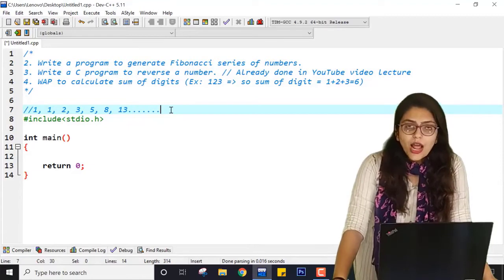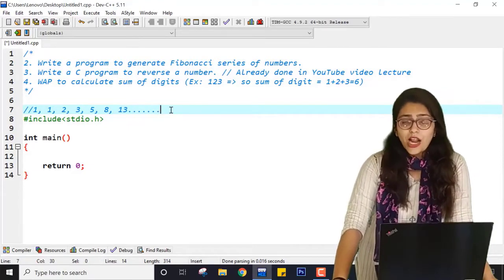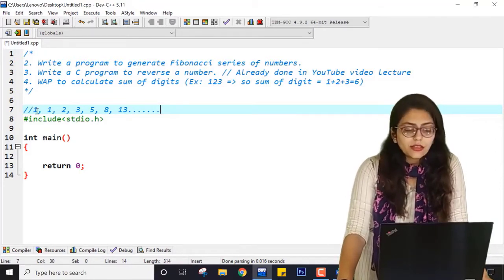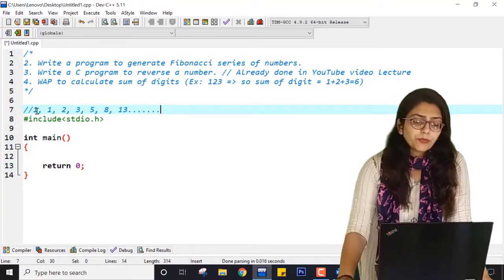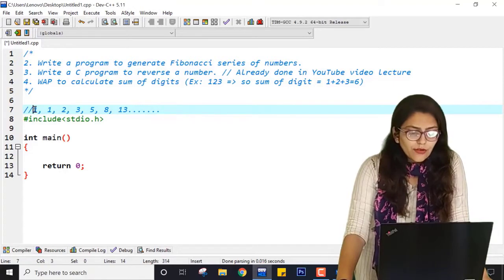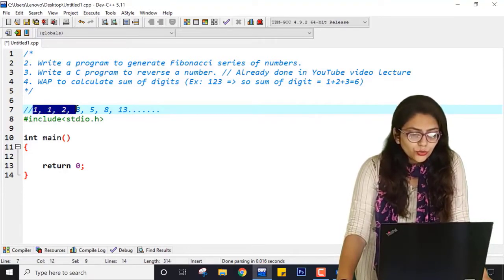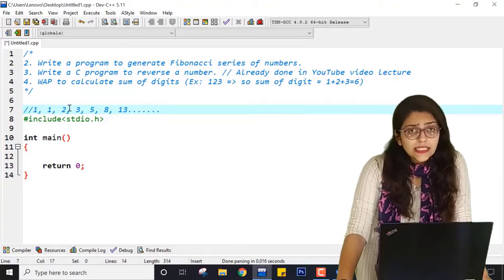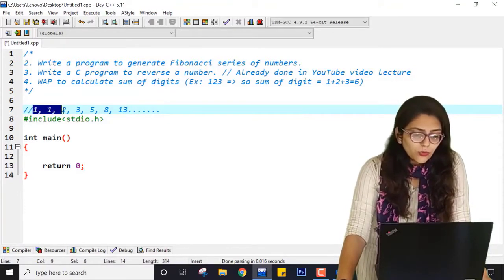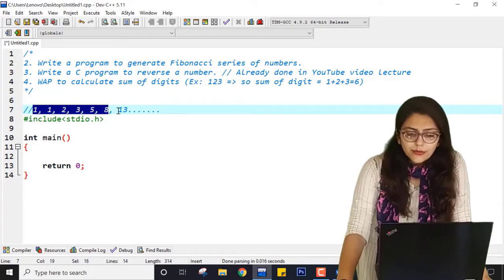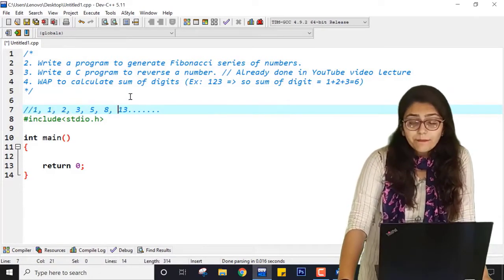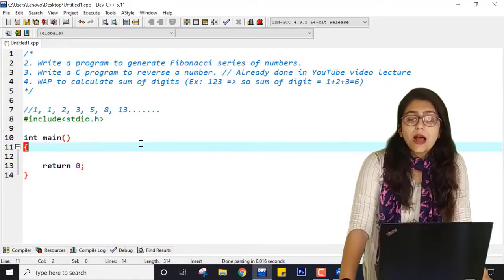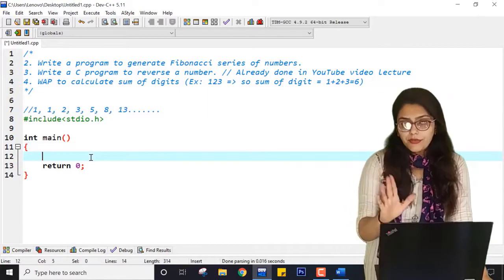So what program do I want to write? I want to write a program where the user is entering one number. Suppose the user is entering to print first 5 Fibonacci numbers. So what are these 5 numbers? 1, 1, 2, 3, 5. Right? Suppose the user is entering to print first 6 Fibonacci numbers. So what are these numbers? 1, 1, 2, 3, 5, 8. Because they are the first 6 Fibonacci numbers. So how can I print these numbers? So let me first write a program which will print the first 5 Fibonacci numbers.